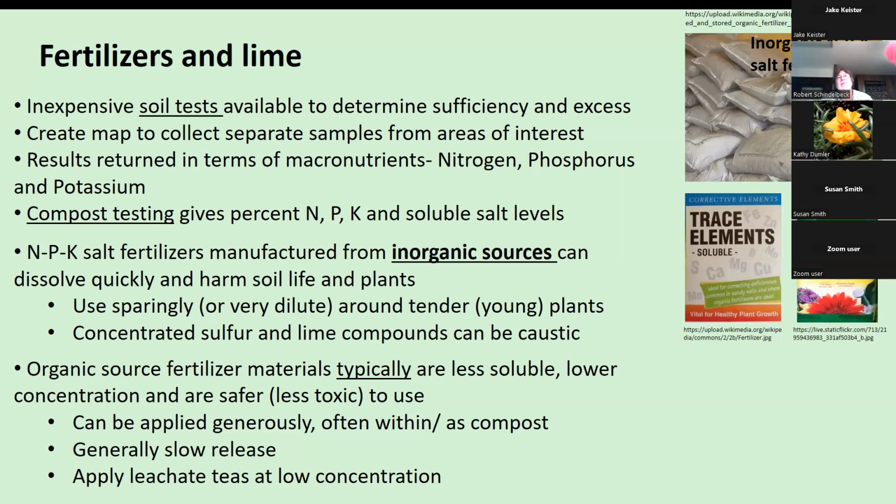Okay, I got another question here from Kathy. Should you do a soil test if planting native plants in a new area? I think anytime you don't know, a soil test is to answer questions, so have a good question. If you look at an area and say, well, there's a whole bunch of willow trees over here, I wonder if this is good soil for growing pines. Well,